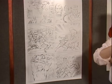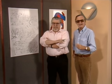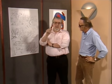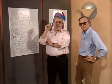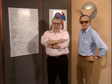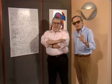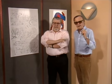These panels are drawn okay. They tell the story, the characters are recognizable, but they're lacking in raw drama and sheer excitement. That's because most of the layouts are too vertical, too straight up and down, and the heroes are too stiff. They lack the power that Marvel Comics have. You know, we could go on forever, but it's easier just to compare and see how it's done the Marvel